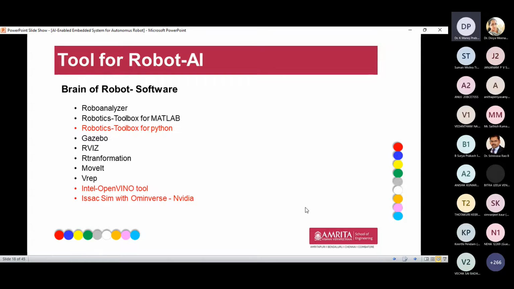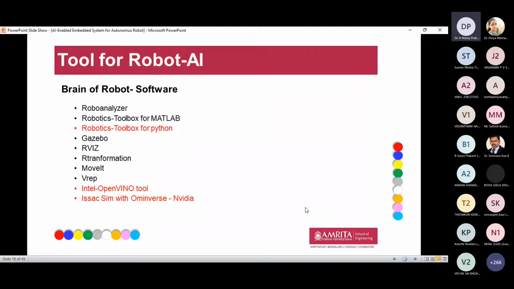Whenever we go into designing a robot, we have to implement certain actions in the ROS. The ROS does the certain actions like motion path planning, capturing images, sensing the elements, data transmission, everything comes under that. Here we have certain tools. First, I would like to tell about the Robot Analyzer.